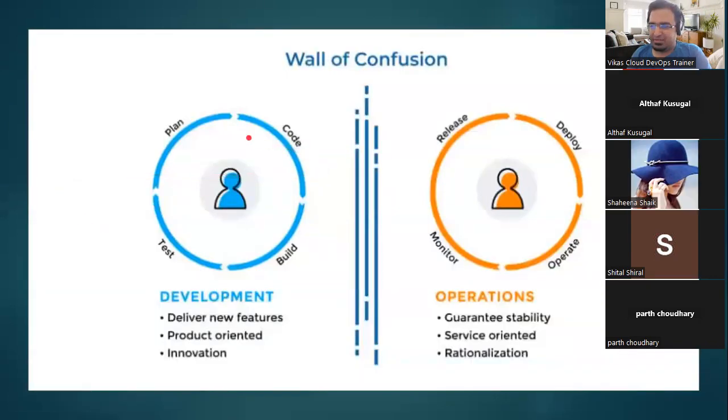The development team has to focus on the coding part, on the planning, on the coding, on building things, on getting it tested, and again writing a new feature, and their cycle has to run in the development environment. They have to be involved in writing code and developing new features, and this has to be done by the developer. If the developer has written something good, it has to be released to the next environment: deploy, operate, and monitor.